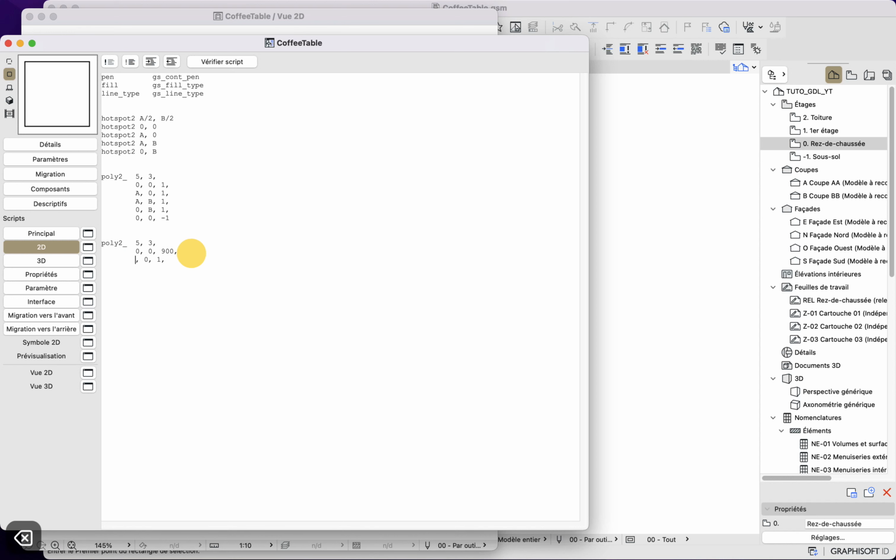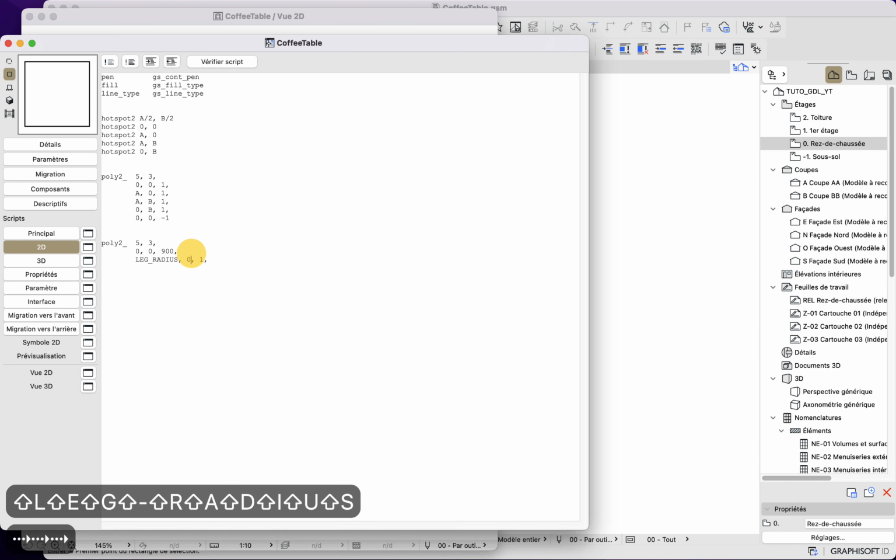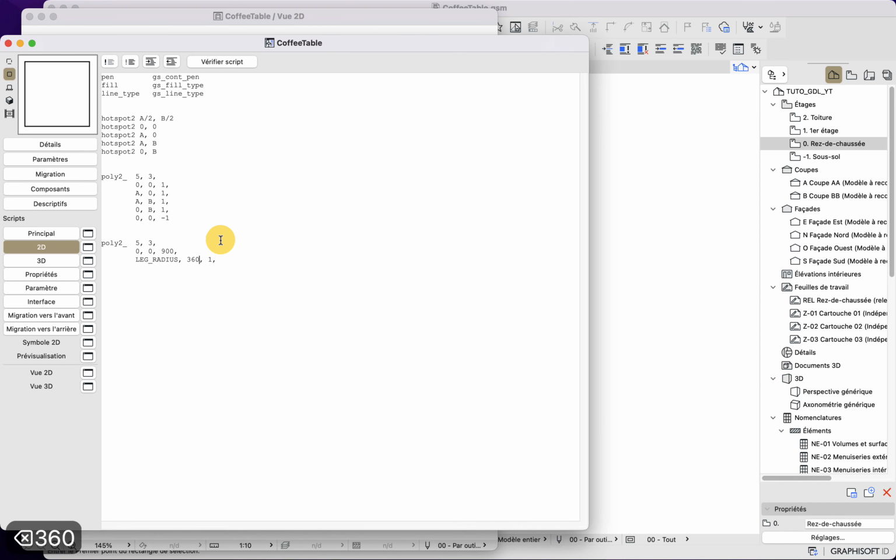And the second one is the radius, so leg radius, 360 to indicate a full circle. We will delete the end comma here, and then 4000 plus 1 because here I want to draw the line work. So here I will need to have